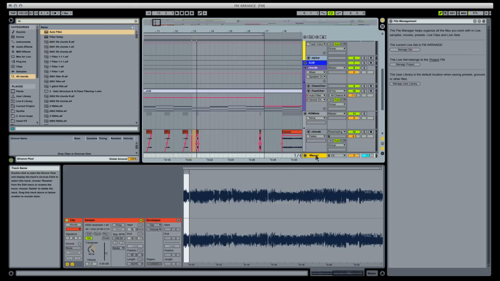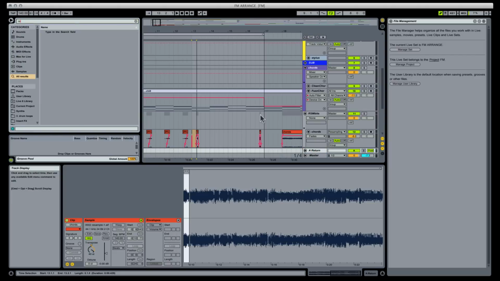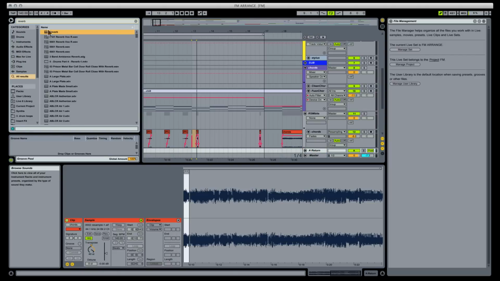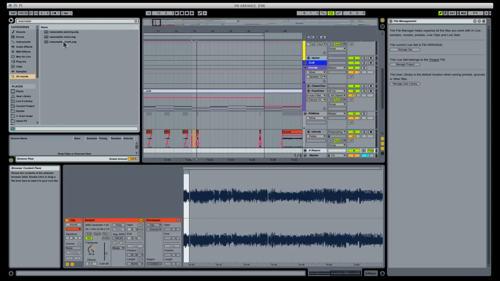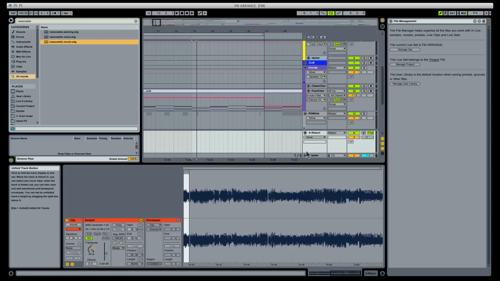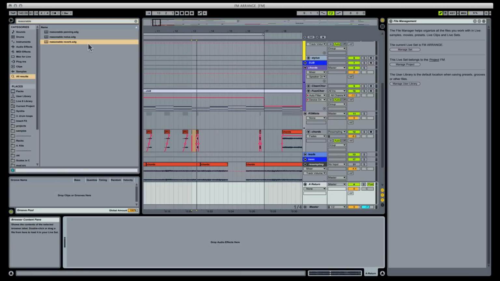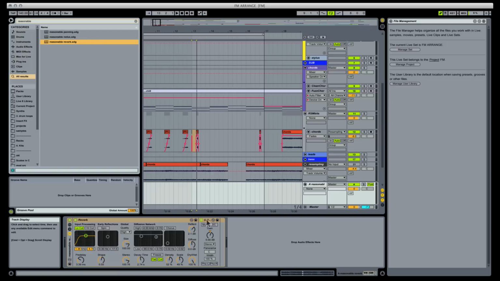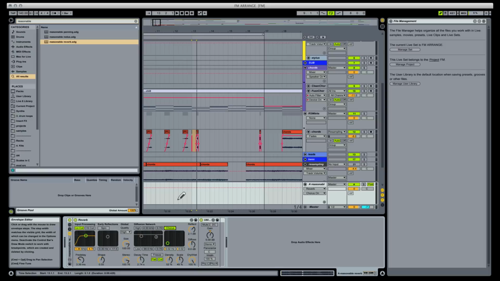And one thing I like to do, actually, I noticed I don't have a return track on here, so I'm going to insert a return track because we definitely need a reverb. And you could use the Ableton stock reverb. I have this reasonable reverb preset that I made that I like, and it's nothing really fancy. It has a utility afterwards because I find the reverbs are quiet in Ableton. And maybe turn chorus on. I definitely want this to be a low cut